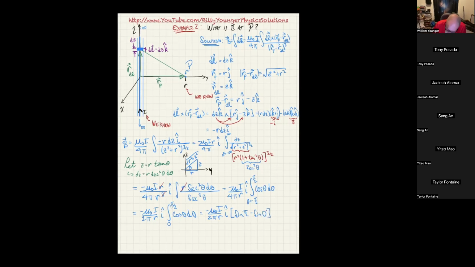And in this case, we clearly see that that is just 1, because that's 0. So our final answer is exactly what we said it would be. B at P is equal to negative mu 0 I over 2 pi r I hat,